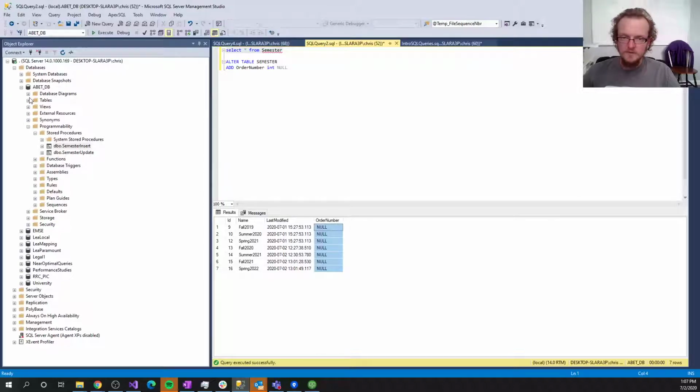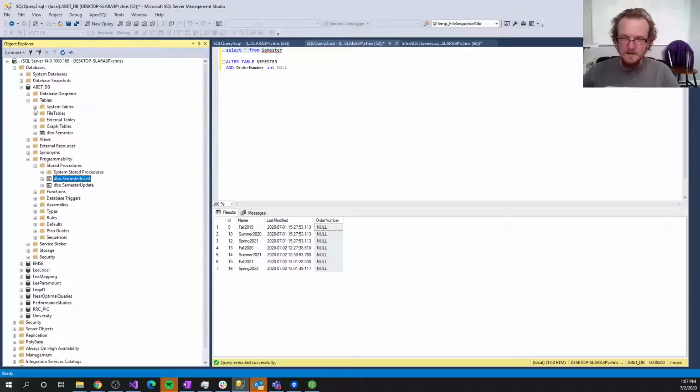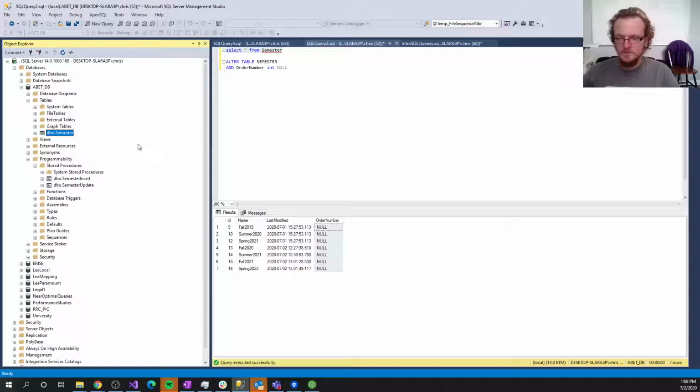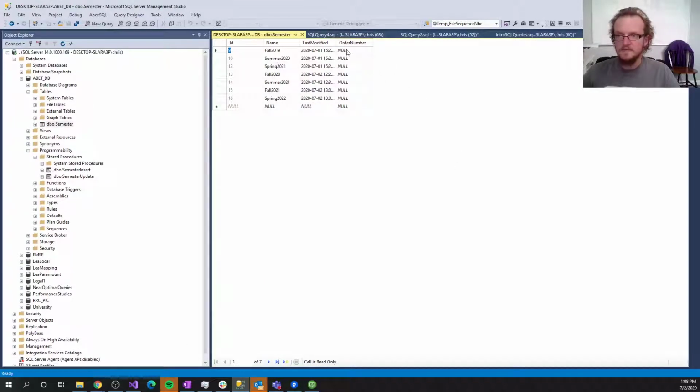If you go to the UI here, and you go to the semester table, you can right click and go to edit top 200 rows, and then we can sort of fill this out. So fall 2019 is the first one. We don't have any other 2019s, so summer 2020 is going to be the next one. Fall 2020 is going to be the next one. Spring 2021 is going to be the next one. Summer 2021 is going to be the next one. Fall is going to be the next one, and then the next one. And so then we save that,